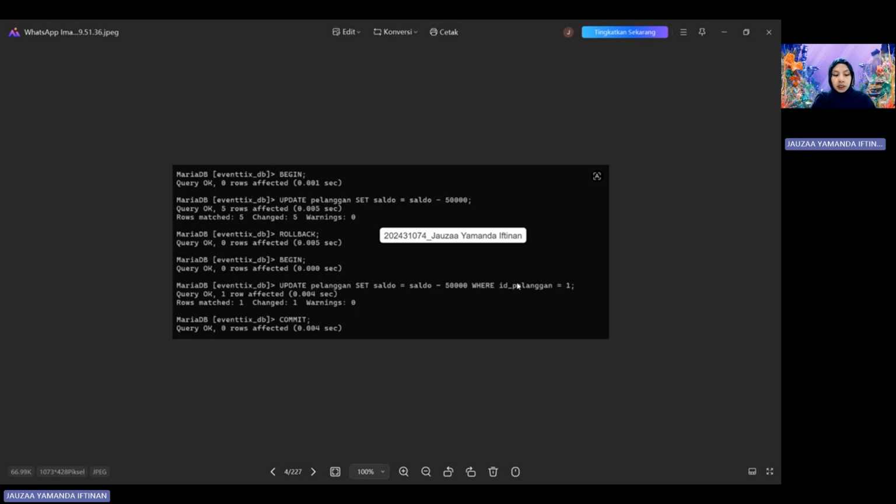After that, I open a new session, execute the correct update targeting only customer ID 1, and save it permanently using commit. The subsequent select query verifies the success, showing that only Budi Santoso's balance was safely deducted.